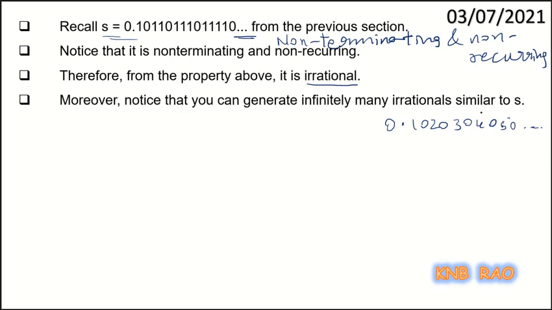Okay? And children, in your class 8th, while finding the square root of numbers, you found that root 2 is some number whose decimal expansion is never terminating and will not repeat also. Can I say root 2 is an irrational number? Yes, root 2 is an irrational number, root 3 is an irrational number, root 5 is an irrational number. You remember, all these numbers have their decimal expansion non-terminating and non-recurring.